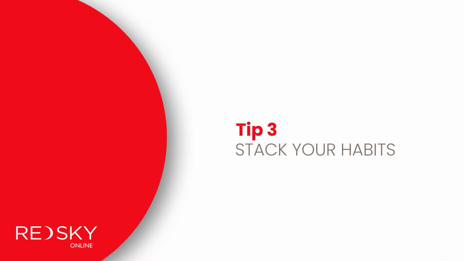Another kind of cue you can use is a technique called habit stacking. This is where you use an existing habit and attach a new habit to that already existing habit. So an example here might be if you want to read more, you might say, well, I have a coffee every morning, so how about I have a book next to the coffee machine, that means that whenever I'm sitting drinking my coffee, I'm reading a book while I'm doing that. That stacking of the habit, that adding of the reading to the coffee drinking, is a way of cueing yourself, reminding yourself to do the new habit that you want to do.